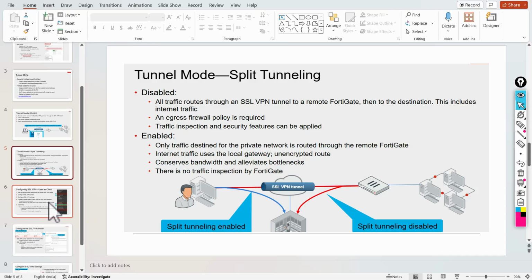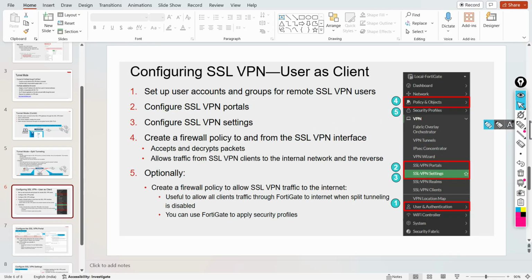Now let's talk about a rough idea of how we can configure it. In a later video, I will show on the FortiGate VM how we can configure SSL VPN for the user as a client. The first step is to set up user accounts and groups for the remote users, under User and Authentication.